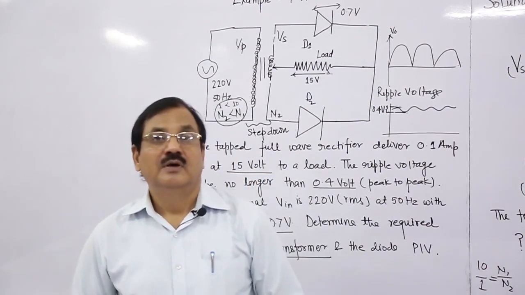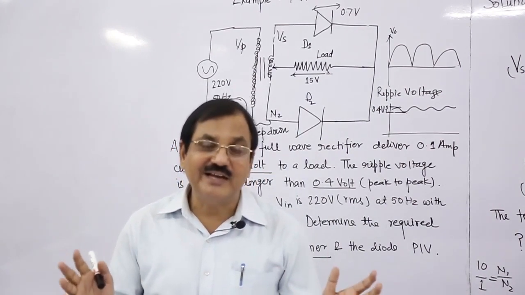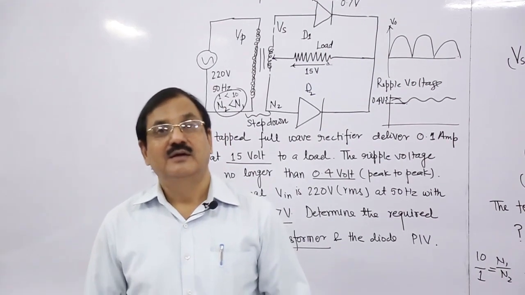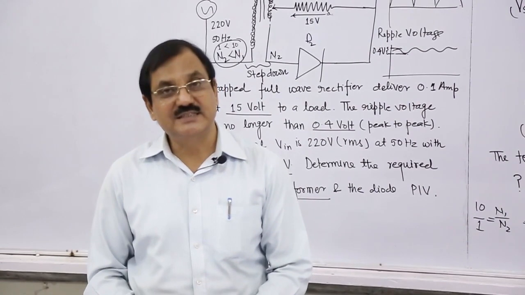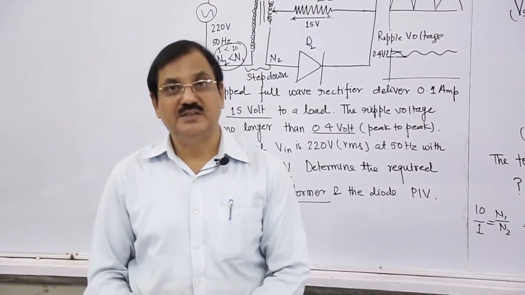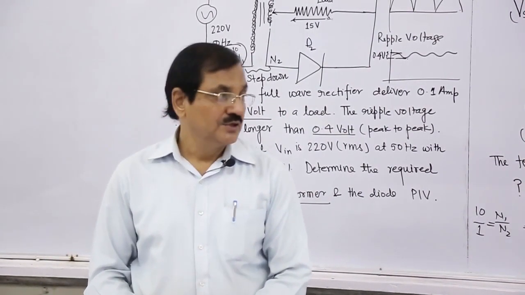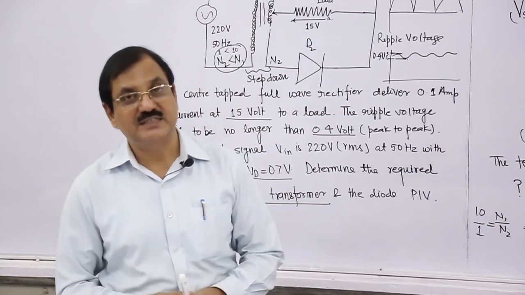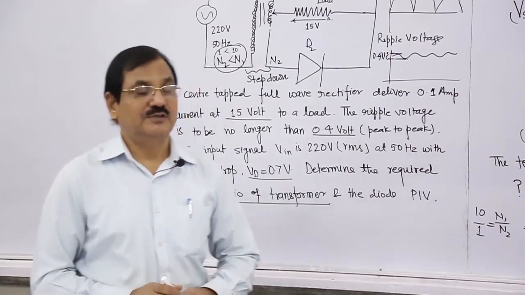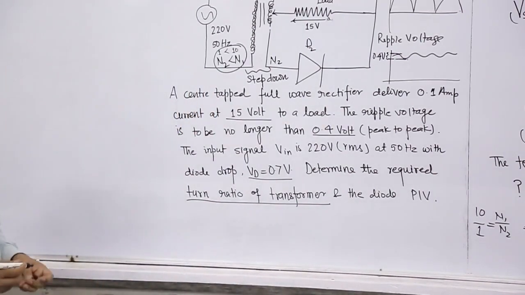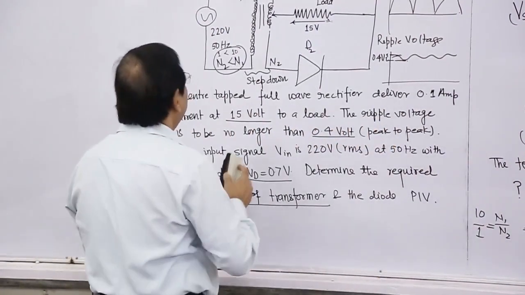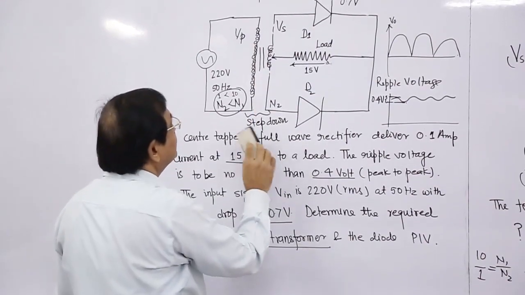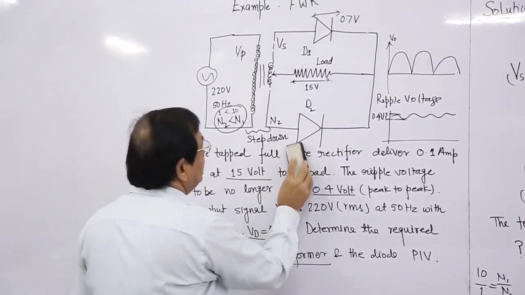Now the full wave rectifier can also be obtained from the bridge rectifier, in which we use 4 diodes. Most of the things are common, and the change part is